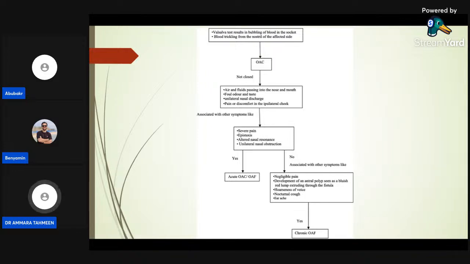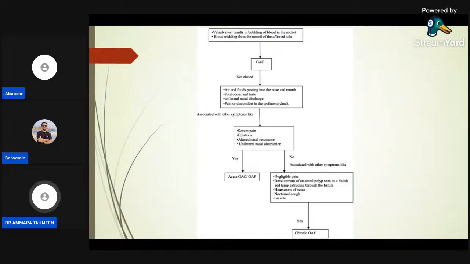communication. This is seen within 1 or 2 days of the oral communication. If you are seeing this after 48 hours and there is already the epithelialization of the sinus opening, then it is called as oral fistula. Once it crosses 7 to 10 days, more than a week, then it is chronic oral fistula. So if you don't see any of these signs, but other symptoms are present, like very mild pain, then the patient has entered into the chronic oroantral fistula phase.